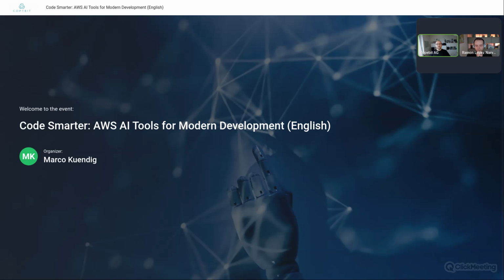My name is Tobias. I'm a technical sales engineer and AWS consultant at Copebit, an advanced AWS consulting partner in Switzerland. Besides that, I'm an AWS community builder in the DevTools realm, and I live in Zurich. I am joined today by Ramon Lopez, a senior solutions architect from AWS, who has built microservices for more than 150 million Amazon Prime users. So he's very knowledgeable about DevOps and scalable systems and microservices.